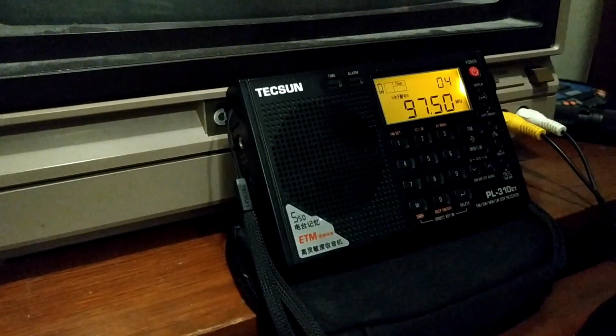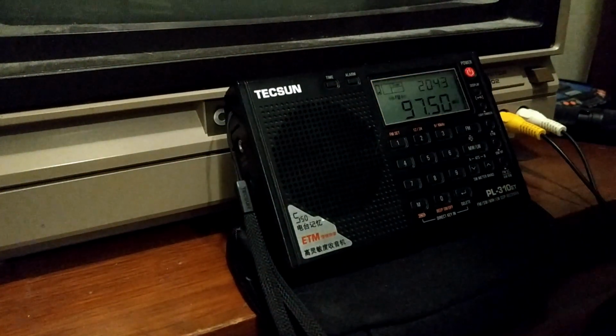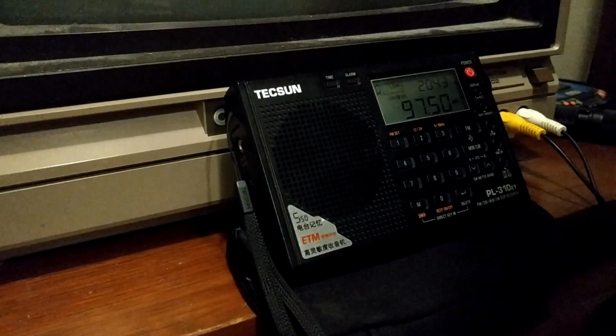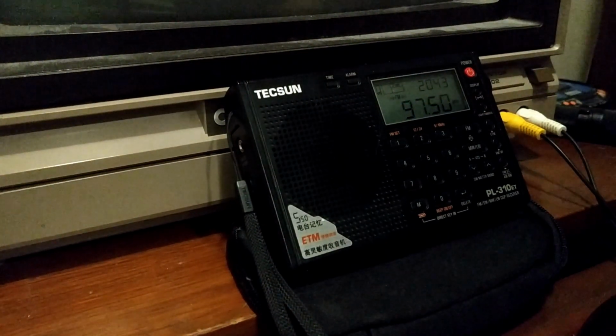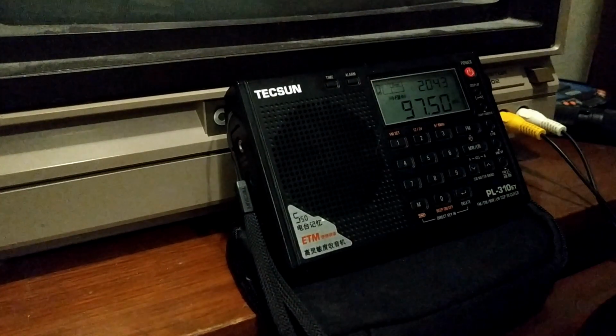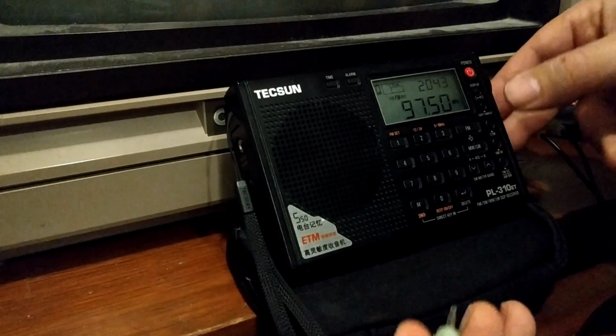So the built-in speaker is very, very flat. It's fine for talk radio, which, again, most people are probably using this for talk radio or shortwave. And so it's just for voice. And I think that's mainly what it was made for. But